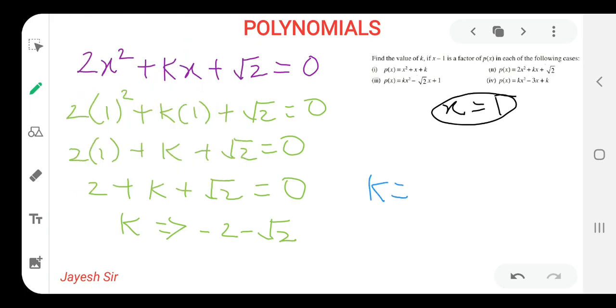k as it is, we can take minus sign common. Now 2 plus root 2 as our answer. This can also be written as our answer. Why have we taken minus sign as common? As both the values are having negative signs, so I have taken negative sign common, and now our answer is minus in bracket 2 plus root 2.